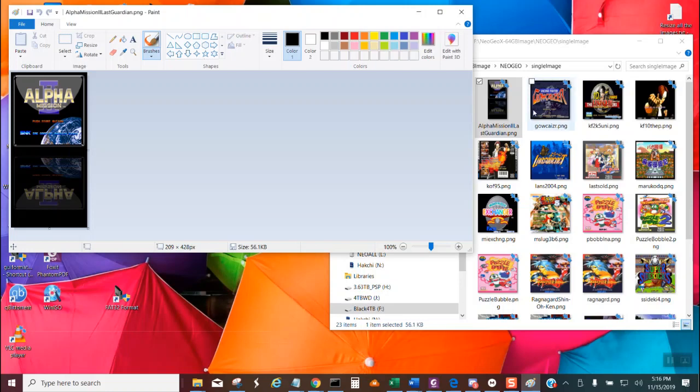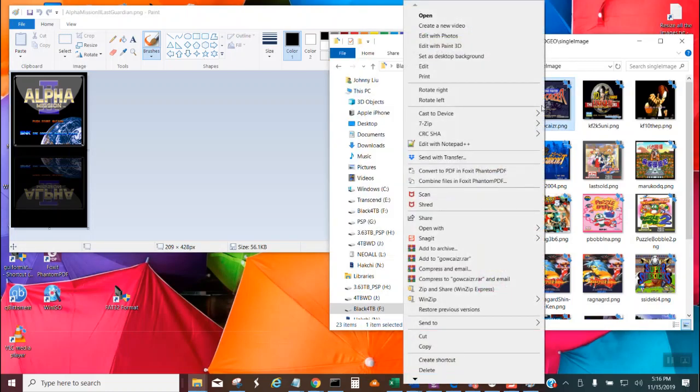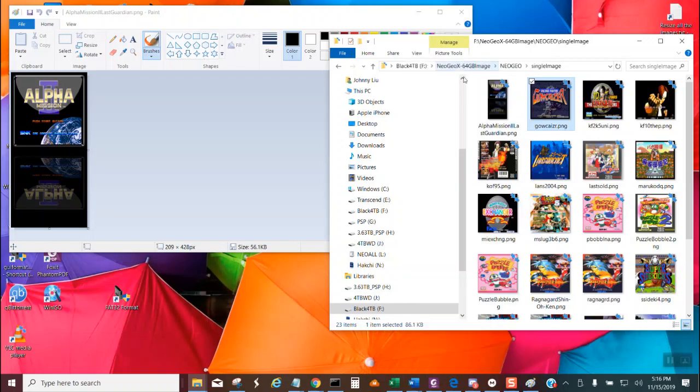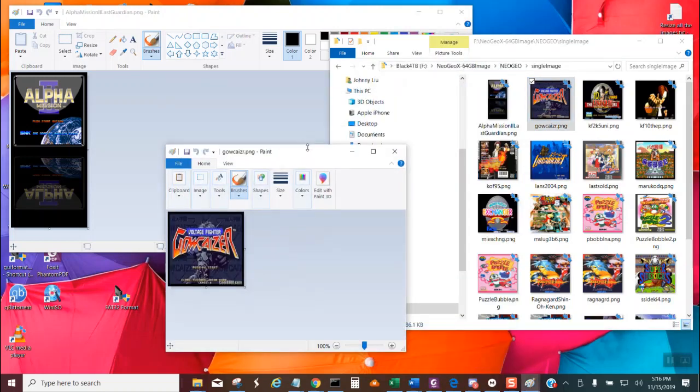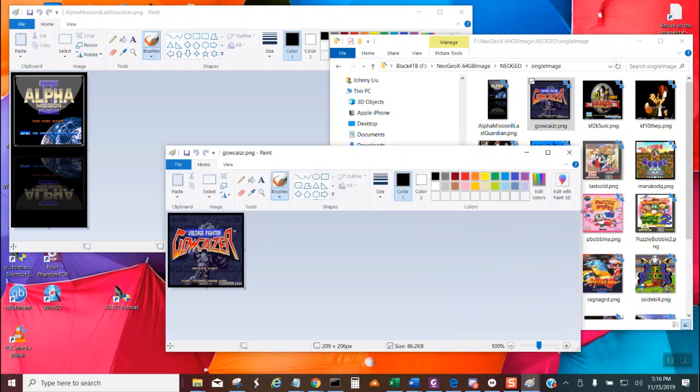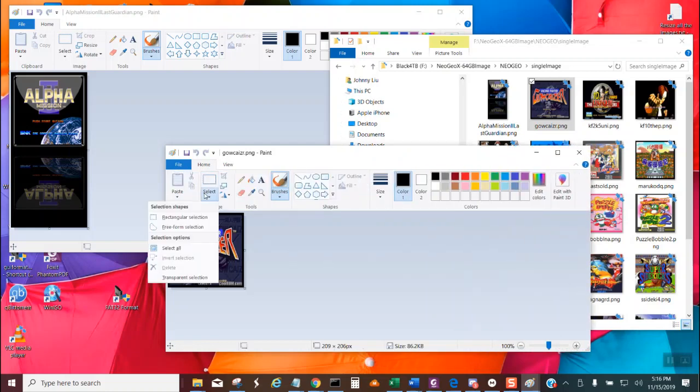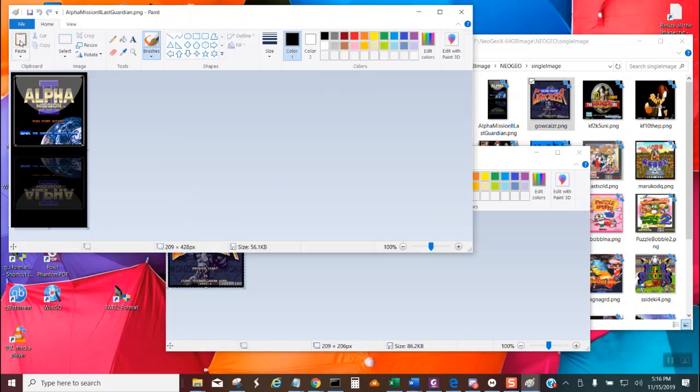So what I'm going to do is open this one and, from another paintbrush, create it to look like this. First thing, I'm going to make this longer, and I'm going to select all, and then from select all I'm going to do copy. Then I'm going to come here and paste it. Now it's going to be too big, so I'm going to shrink it a little bit,